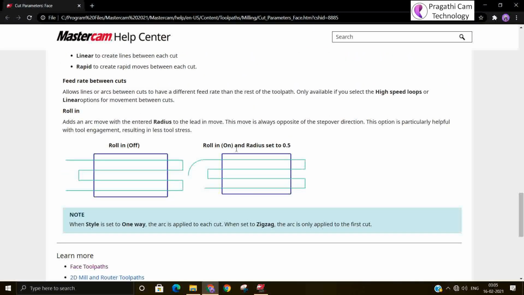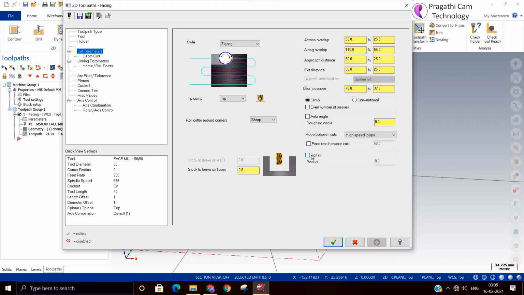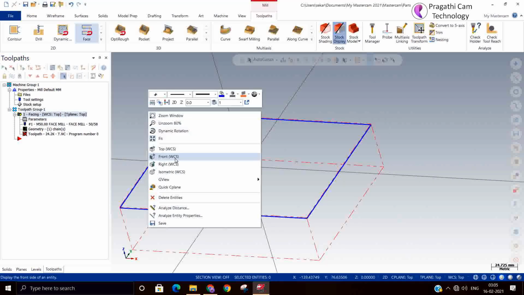So this is the rolling radius. It means it will add some arc at the entry. In the lead in and lead out we can add some radius, instead of entering straight into the material. You can switch it on and see. I give some radius, let us see how.